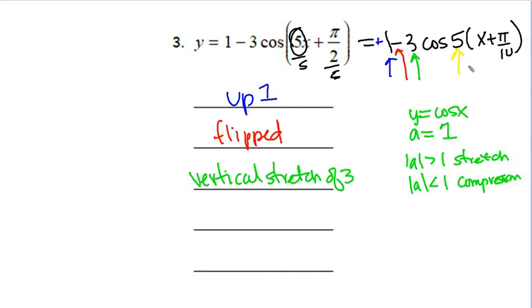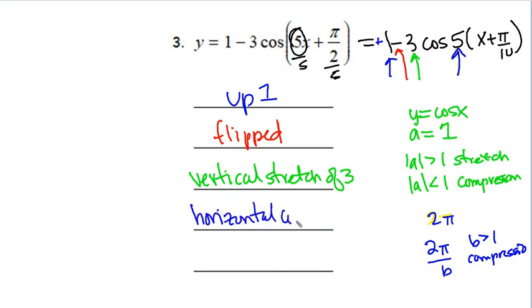So then we have this 5 here. So the 5 is what affects my period. So remember that the original period is 2 pi. And that we find the new period by 2 pi over b. So if b is greater than 1, that is going to be a compression. For example, 2 pi over 5 is smaller than 2 pi. So this is going to be a horizontal compression